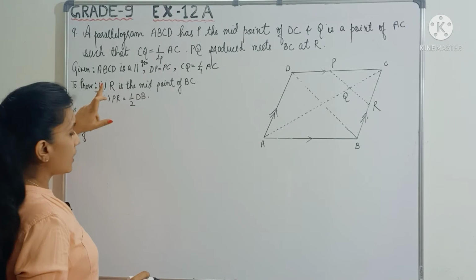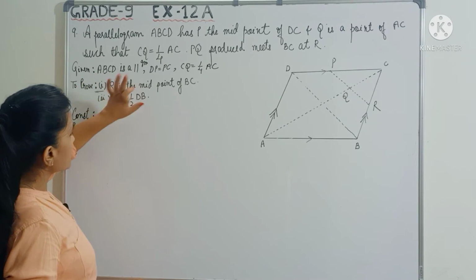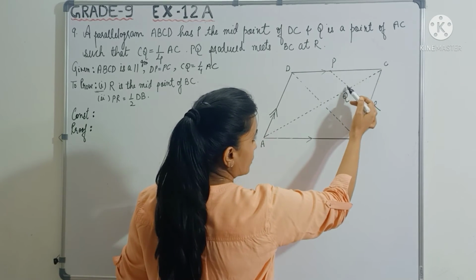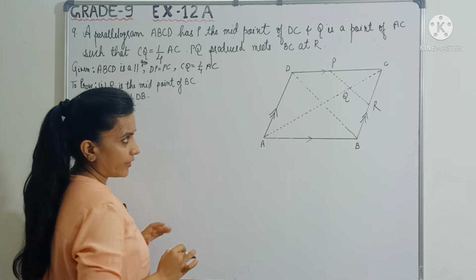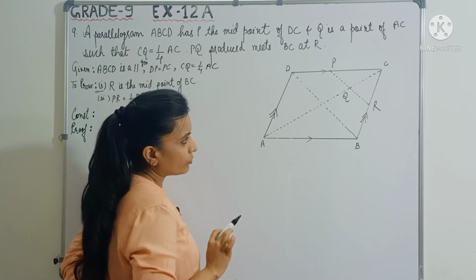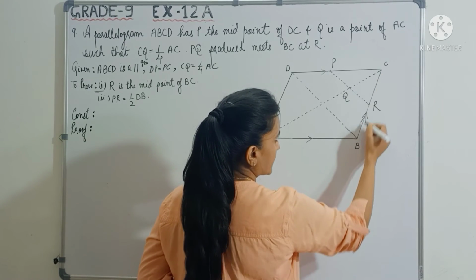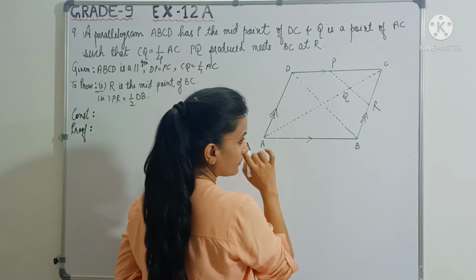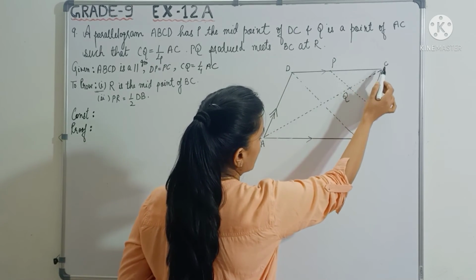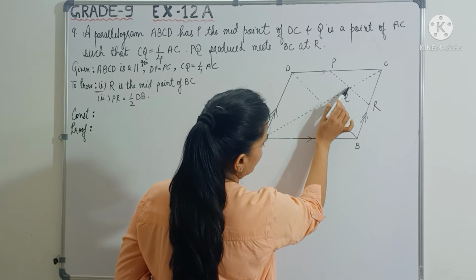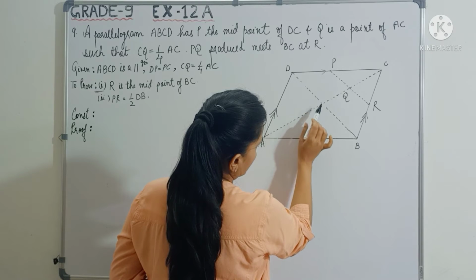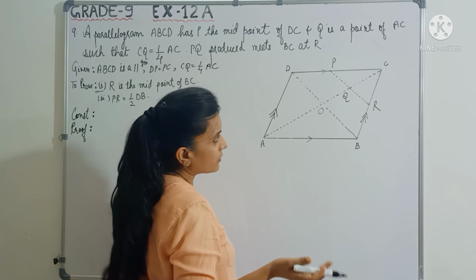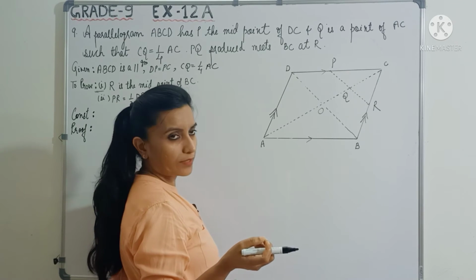Now let's see once again what I have already written here. ABCD is a parallelogram. P is the midpoint of DC, and CQ is 1/4 of AC. Alright, only this much is given. Now how do you show that R is the midpoint of BC? So here let's start thinking from whatever is given. So we know that P is the midpoint of DC. Now what about PQ? Let's say this is O. Is PQ parallel to DO? No, it's not given, right? So I can't use the converse of the midpoint theorem right now.